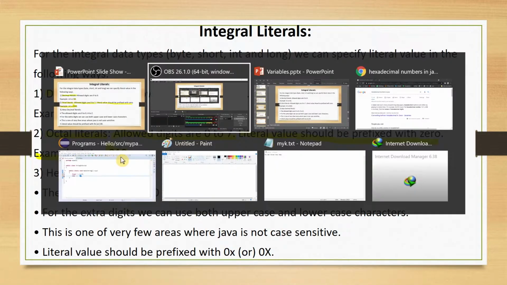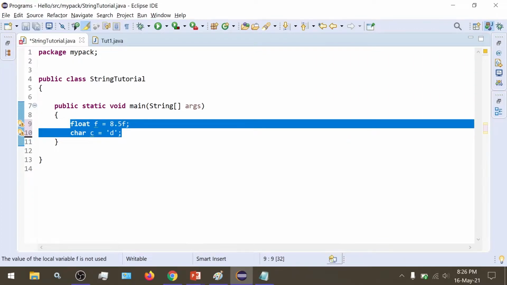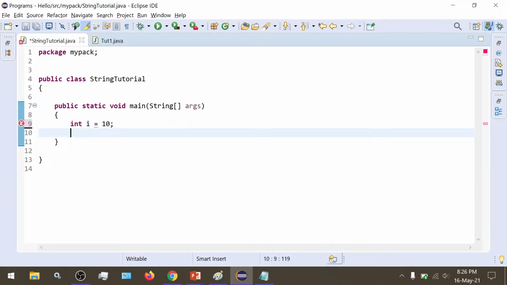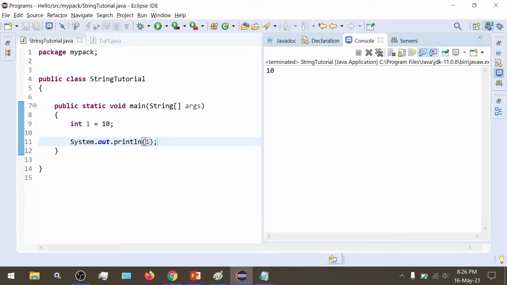Let's try and execute this. Till now, whatever variables and values we have used were all in decimal literal format. We were using the decimal number system. Here the variable i has the decimal value of 10.